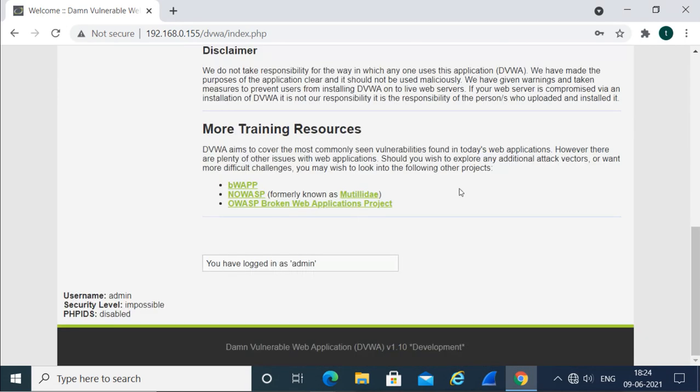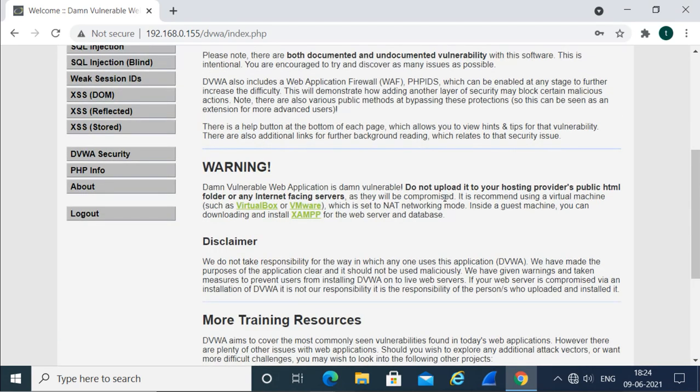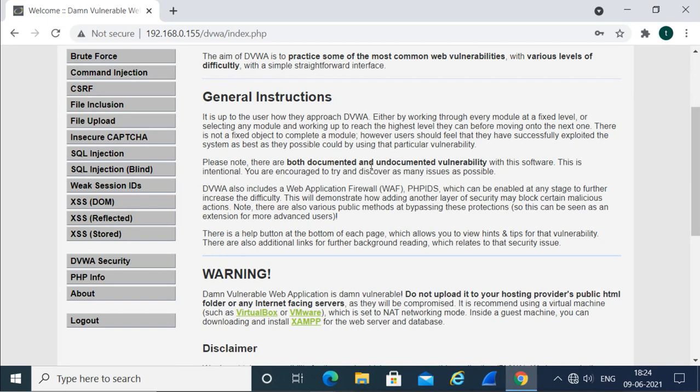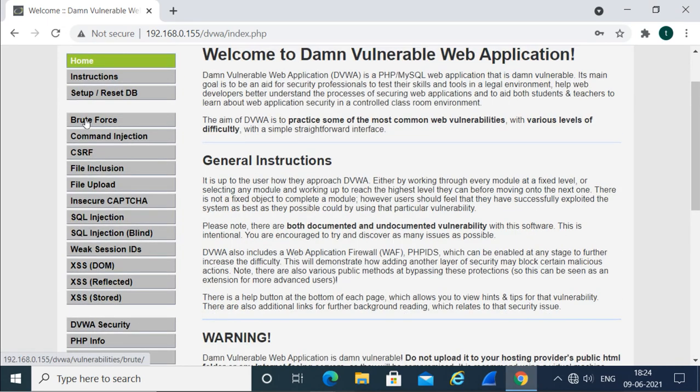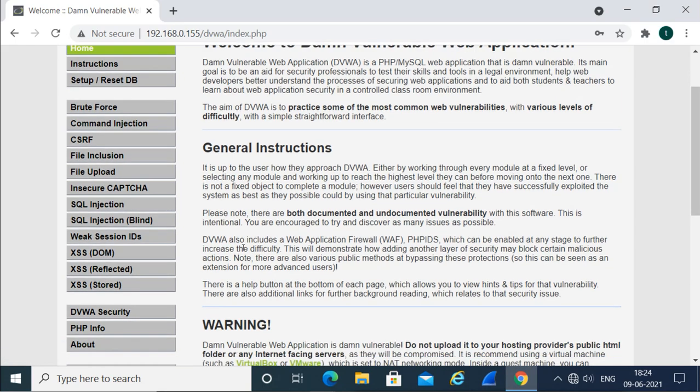So I've logged in as an admin, and this is the general instruction to use this site. In this site you can see the different types of attacks which we can do on a web application.